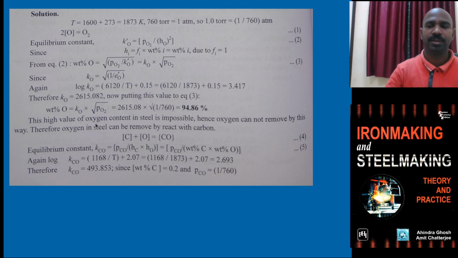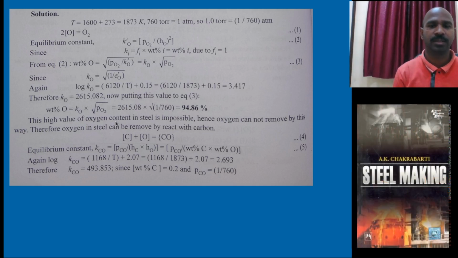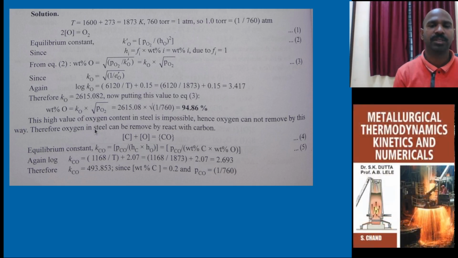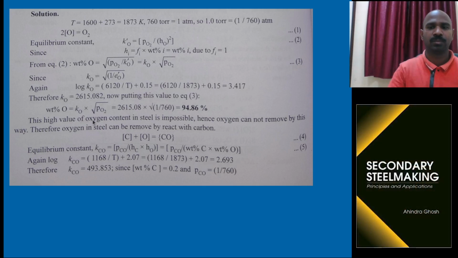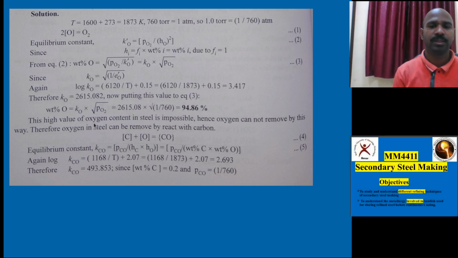And this KCO, as per the equation given in the numerical problem, you substitute the temperature value 1873, you will get this value, and converting log of KCO into KCO, this is log KCO. Just here it is written near the KO, whereas this space is given. Please do not confuse. Make a note. There may be mistakes in the textbook. That is why make a note on this. KCO equal to this much.